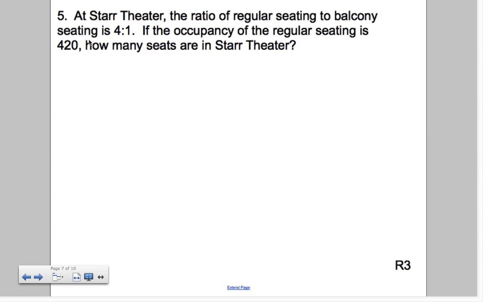Let's talk about the theater and the seating. So I want someone to read the question to yourself. And remember, the first step on our process is to read, obviously, and then rewrite the question as a statement. Is this in our notes? This is in your note packet. We're back to notes. Sorry. Remember, your notes go with your assessment problems. So obviously you use your notes to help you with your problems that you take home. Okay? So everyone on the slide should say R3 at the bottom. Remember what the R4s and R3s mean?